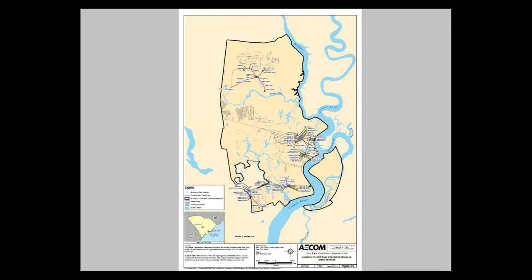And so this is another look at our cross-section, just so you can see it better, and there's some wells marked out in here. I'm not going to dwell too much on this, but you can look at where the data is and kind of tell where the problems are. But anyway, you can see on this map where our cross sections are and a lot of our water levels as they relate to these surface water bodies.